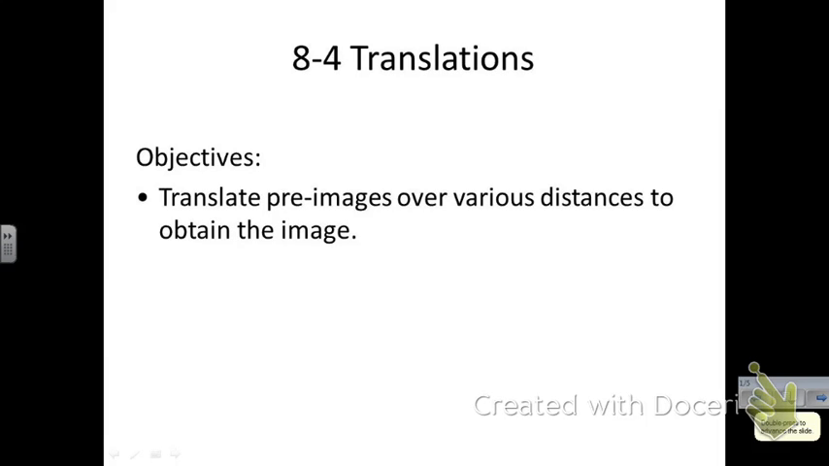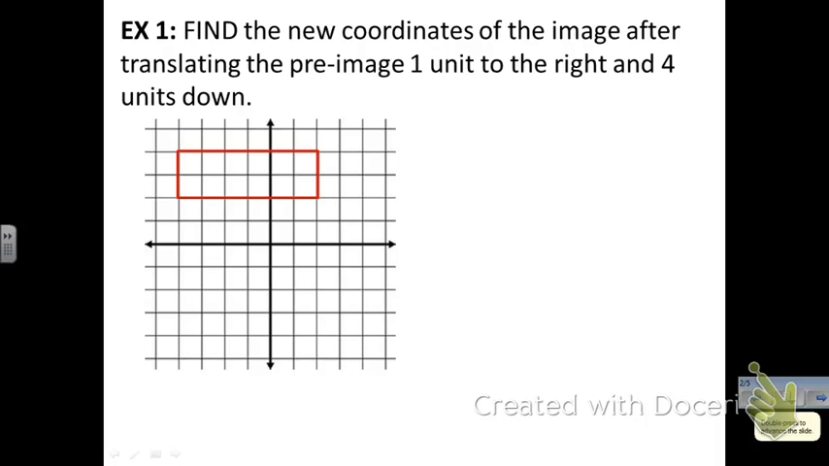Alright, today you're going to learn how to translate the preimage over various distances to obtain the image. So, example 1 says, find the new coordinates of the image after translating the preimage 1 unit to the right and 4 units down. You can go ahead and label these A, B,